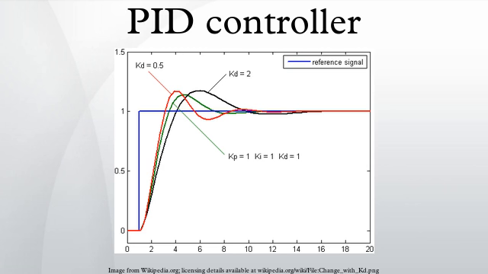The weighted sum of these three actions is used to adjust the process via a control element such as the position of a control valve, a damper, or the power supplied to a heating element. In the absence of knowledge of the underlying process, a PID controller has historically been considered to be the best controller. By tuning the three parameters in the PID controller algorithm, the controller can provide control action designed for specific